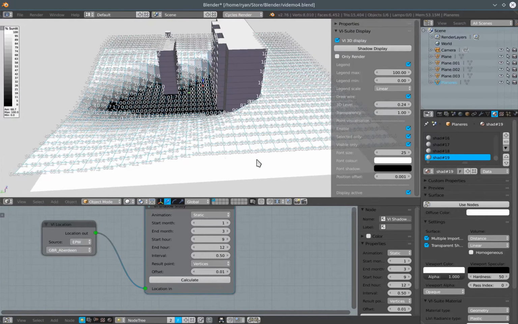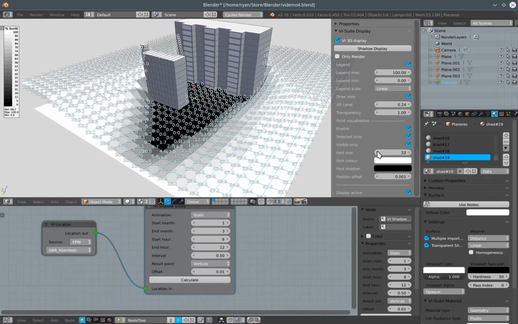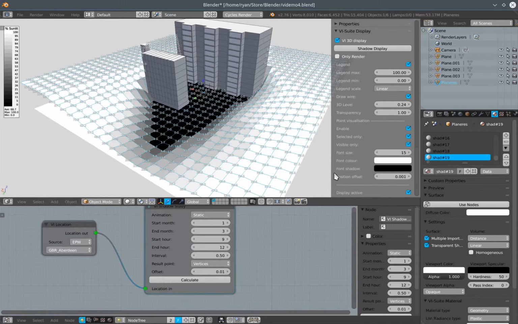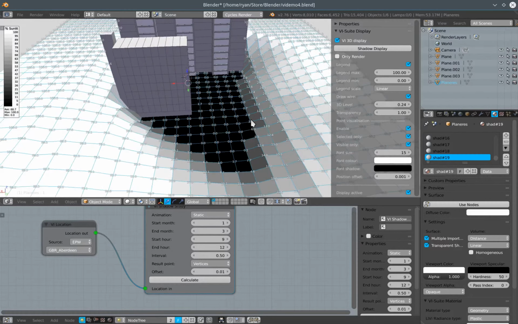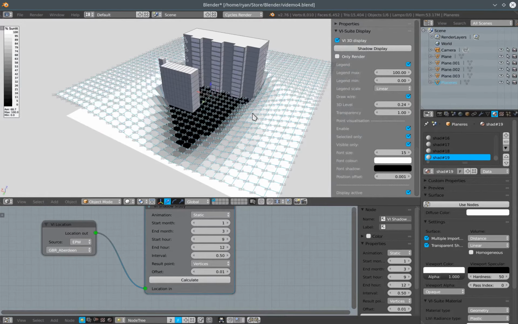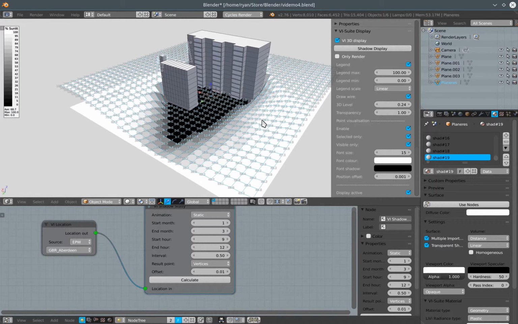But if I select the results plane, we suddenly again see those numerical results. And if some numbers don't appear, then again, increasing this position offset number can help with that. And finally, we have this display active option, which should be turned off when we finish displaying our shadow study results. So that's how it works if we create sort of bespoke geometry to act as sensing points